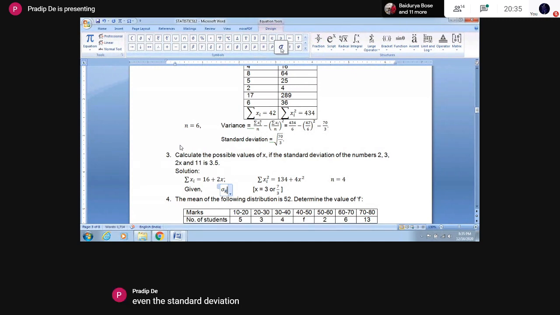Given the standard deviation is 3.5. This implies